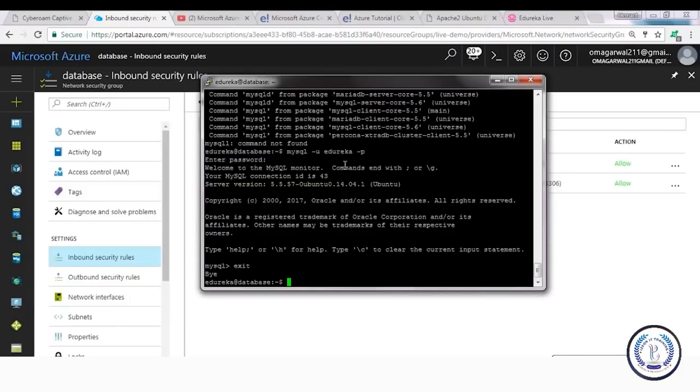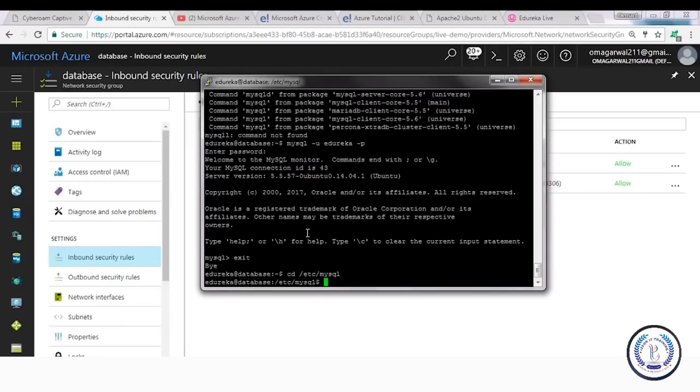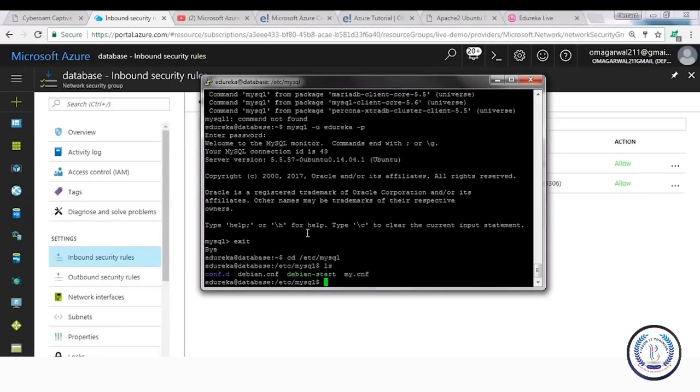Alright, so now what we'll be doing is, like I was saying, we have to configure one more file for our MySQL to get configured. Right, so for that, let us go to our directory, that is /etc, and in that mysql. Right, now in this particular directory, I have a file called my.cnf. So this is a configuration file that I'll have to configure for connecting to my MySQL. So I'll sudo nano into it, and then